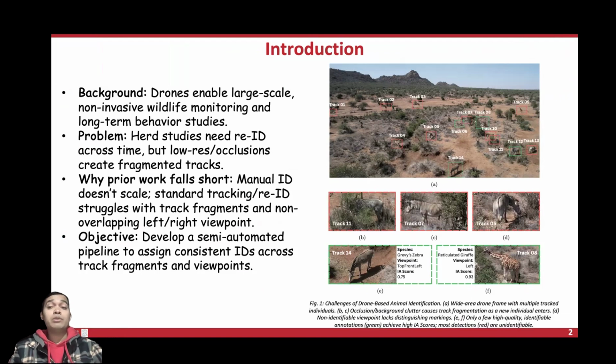The problem during re-identification is that the video often contains low-resolution annotations, occlusion, and indistinguishable viewpoints. So many detections are effectively unidentifiable, and that creates fragmented tracks. Existing approaches fall short as manual ID does not scale, and standard tracking and re-identification pipelines break when we must link identities across track fragments and even across non-overlapping left-right